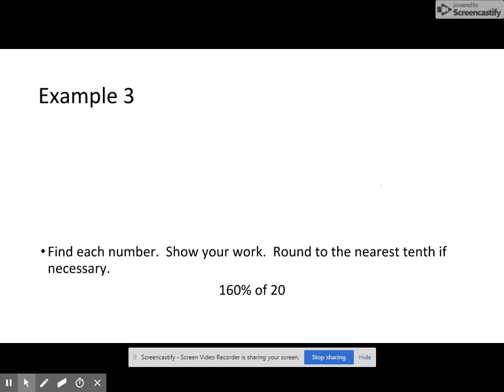All right, so let's talk about how we should have done this problem. So we should move the decimal 2 places to the left, and we get 1.60. I will then take that times 20. Notice that my value here is now higher